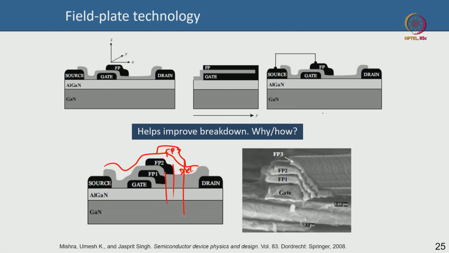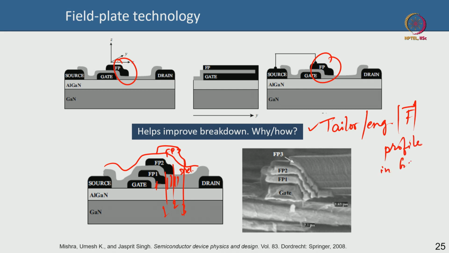So, field plate 3 might go here: field plate 1, field plate 2, field plate 3, and they are progressively thicker away from the channel. Okay, you can see that, right. So, this metallic short happens with the gate metal. It is like an extended gate in this case, like an extended source in this case. Okay. So, these field plates do one thing: they tailor or engineer the electric field profile,